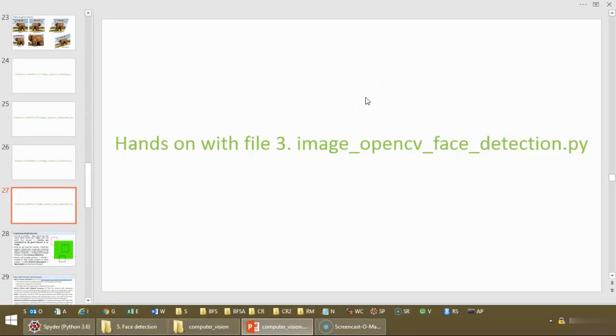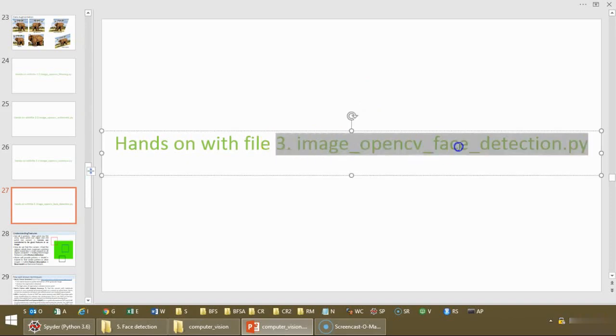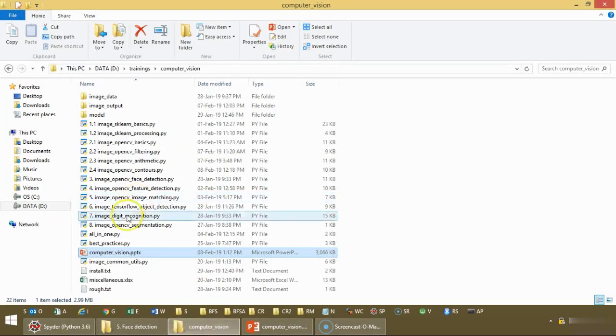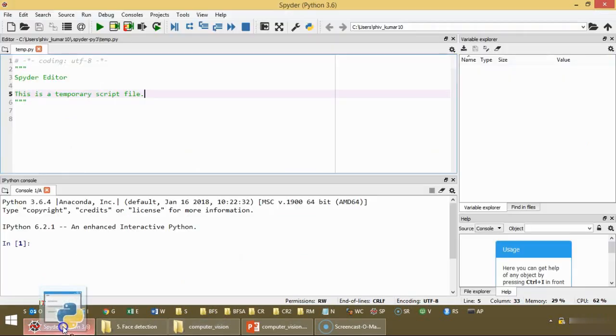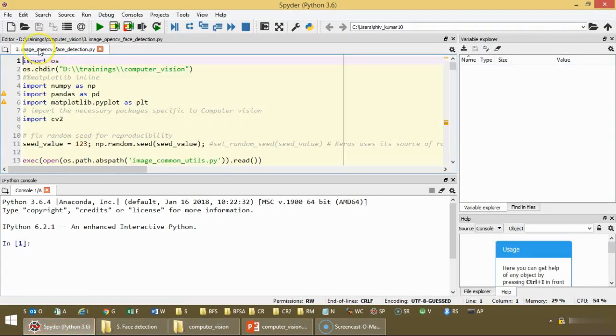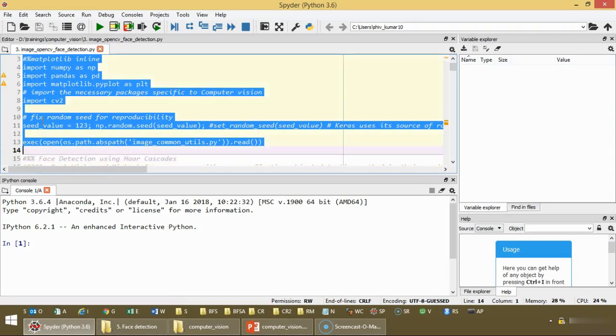Welcome back. Now let us do the hands-on using this file. We'll be doing the face detection, and please open this file. This file is here. From line number 1 to line number 13 you have been quite familiar with all this,